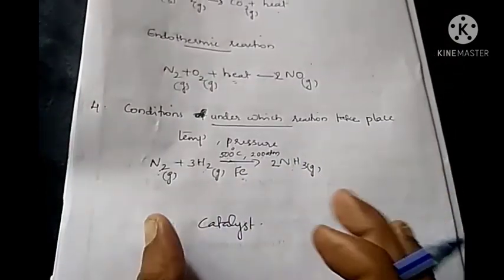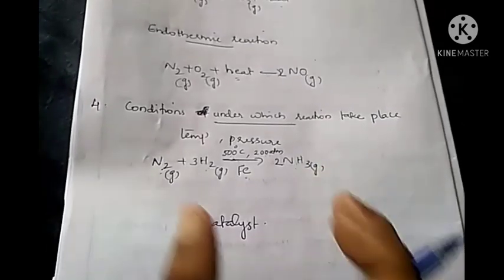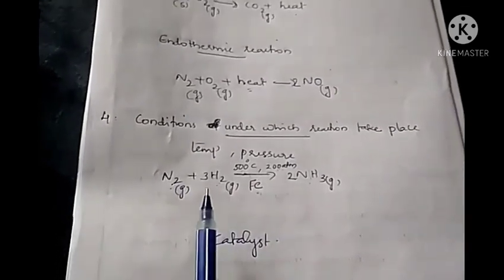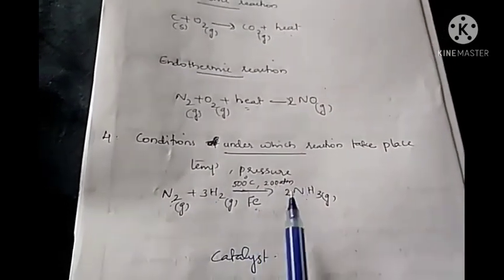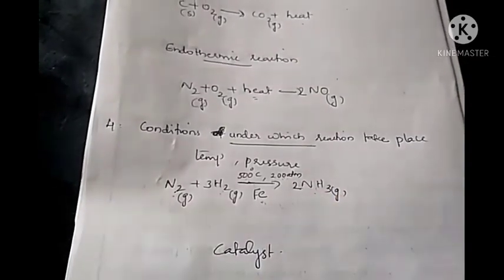So when we are seeing this balanced equation, we can understand that here nitrogen combined with hydrogen and we are getting ammonia. All the reactants and product are in the gaseous state. Then, what is the next information we are getting? 1 mole of nitrogen combined with 3 moles of hydrogen and we will get 2 moles of ammonia. Then, what are the temperature and pressure and what is the catalyst we are using in this equation. All these things we can identify from this balanced equation.